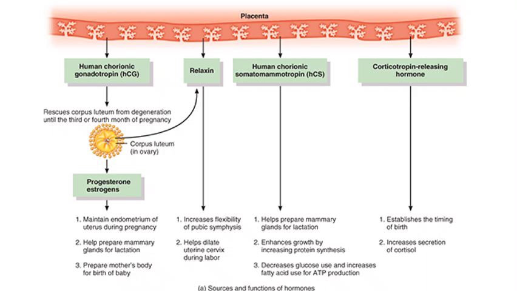After delivery, estrogens and progesterone in the blood decrease to normal levels. Relaxin is a hormone that's produced first by the corpus luteum of the ovary and later by the placenta. It increases the flexibility of the pubic symphysis and the ligaments of the sacroiliac joints. This is what helps to dilate the uterine cervix during labor. So both of these actions are important because they help to ease the delivery of the baby and have a